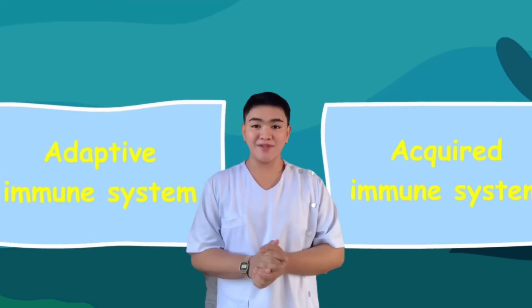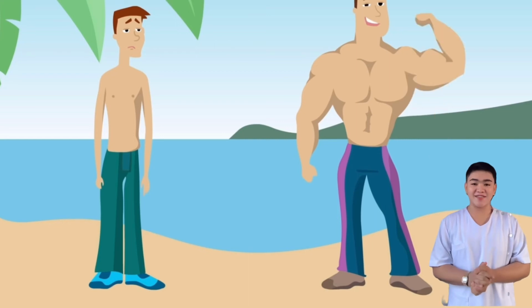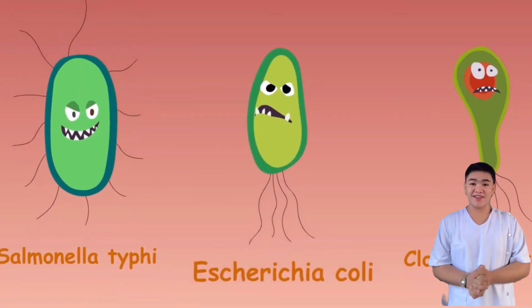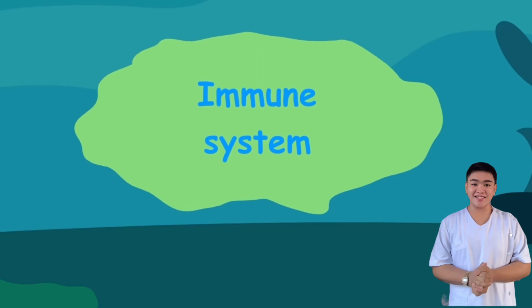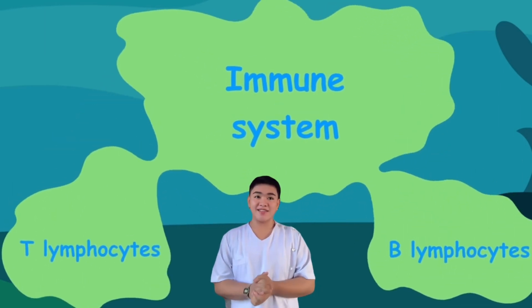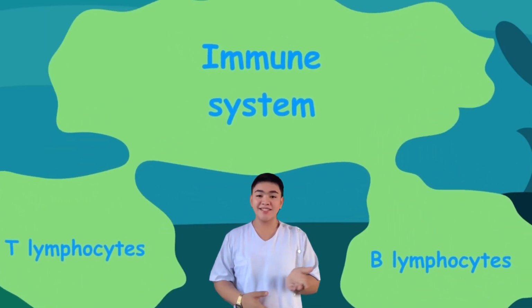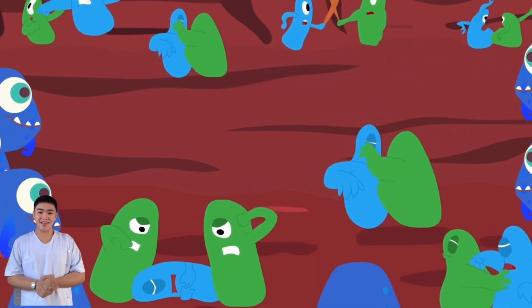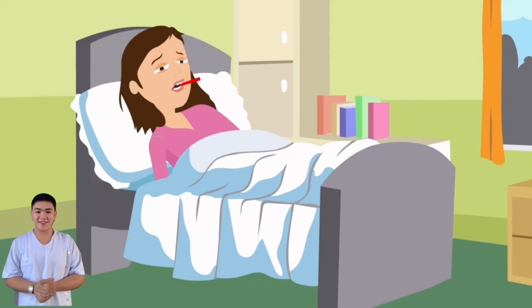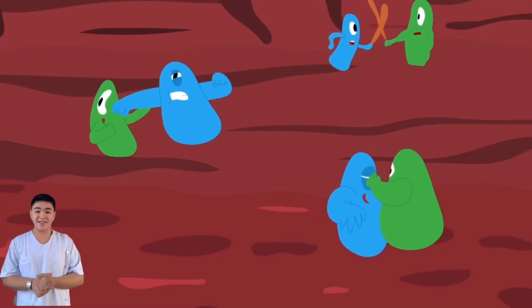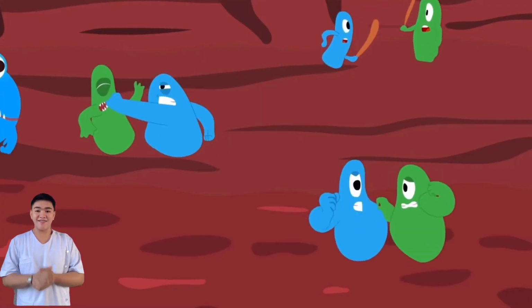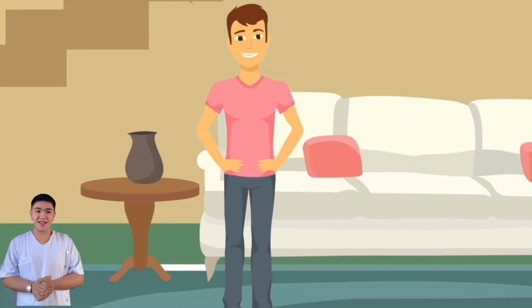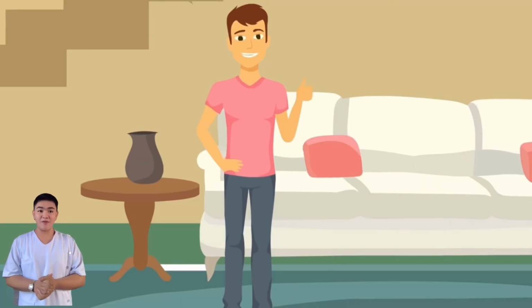Secondly, adaptive immune cells are the second, specific line of defense, and they are called to action by the innate immune system. Specifically, it has two main components, T lymphocytes and B lymphocytes. T cells come into play when an infection has already occurred, followed by the B cells when the pathogens have entered. After recognizing the invader, the cells can multiply and combat it, leading to recovery from disease and